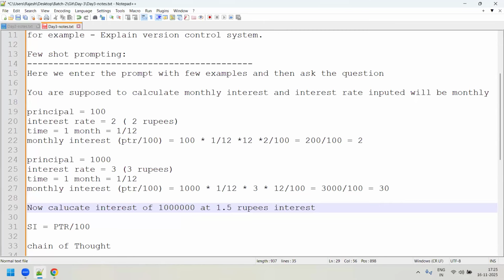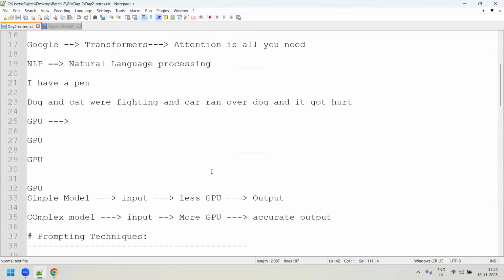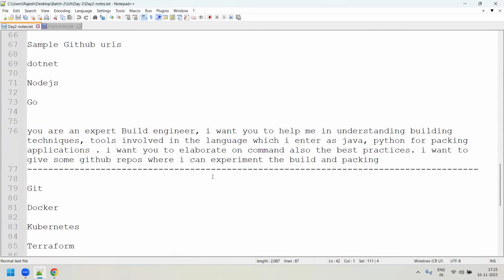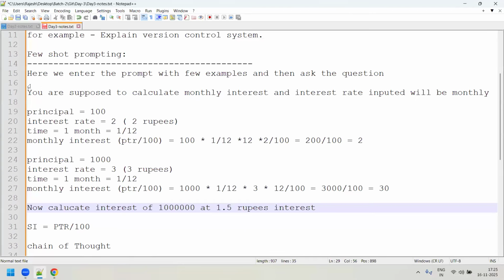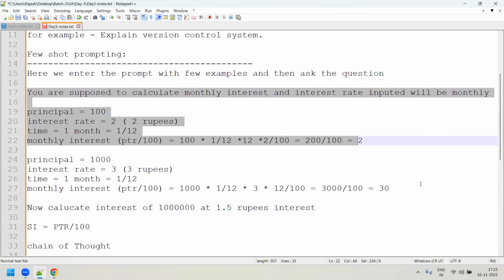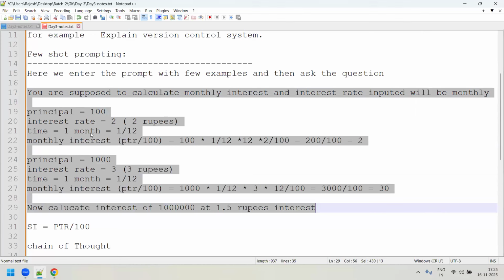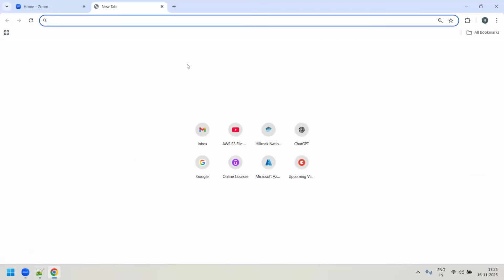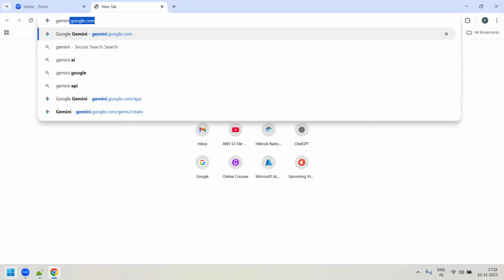Correct, guys? Now, for example, if I copy this whole prompt, let me go to Gemini. This is Google Gemini.